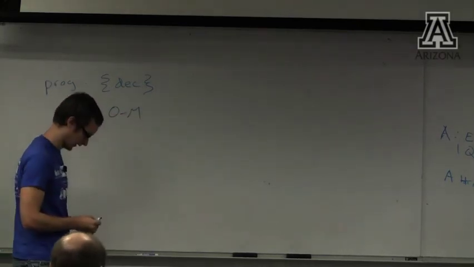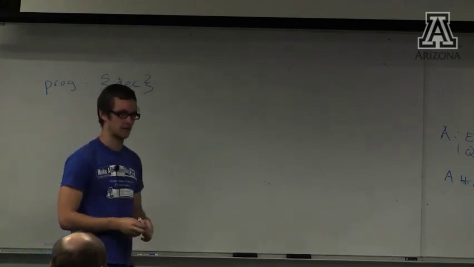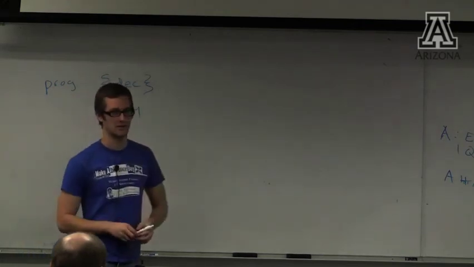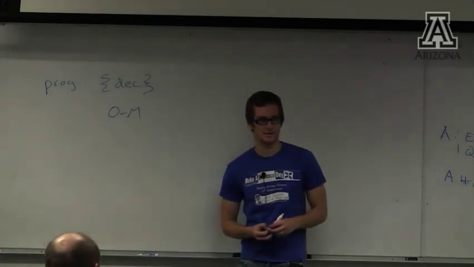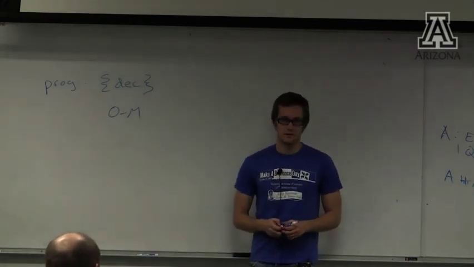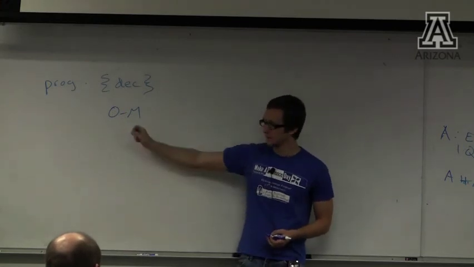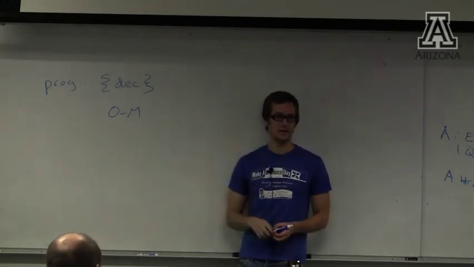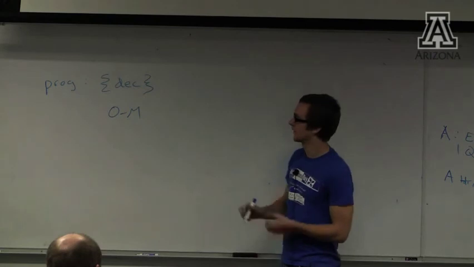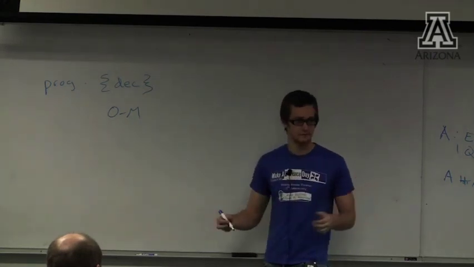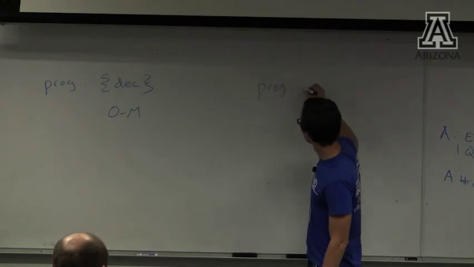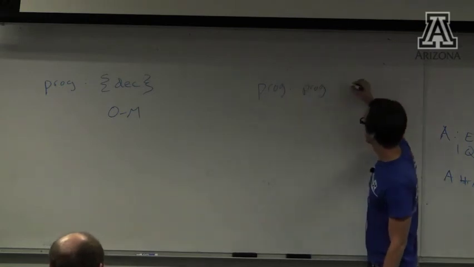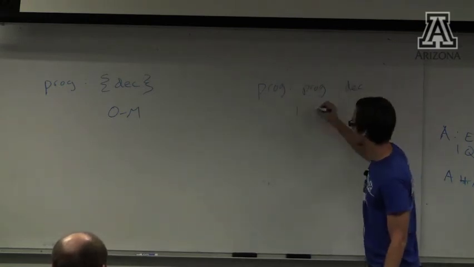And how do you make this actually happen in Yak? Because you can't just give it curly braces, then it's going to think it's a semantic action with an epsilon rule, and that doesn't make any sense. So there's some work in translating from BNF to Yak format. You make some sort of piece. You're like, well, a program is a program followed by a declaration, or it's nothing.